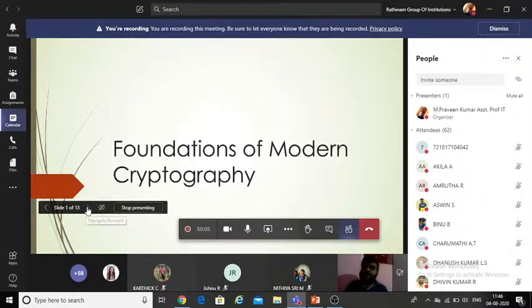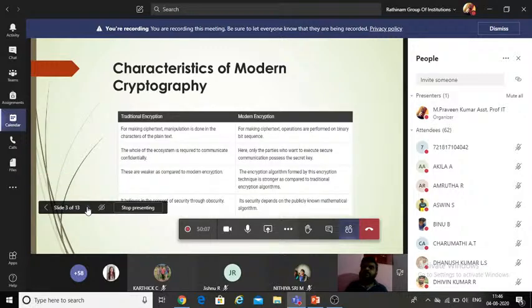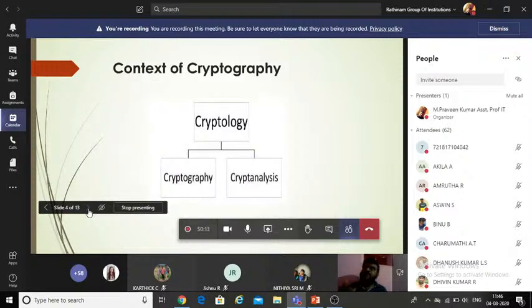Then the characteristics of modern cryptography, where you compared the traditional one and the modern one. We have also seen the context of cryptography. Cryptology is the core one. In cryptology we have two things: one is cryptography, another one is cryptanalysis. What do you mean by cryptography? It is the study of